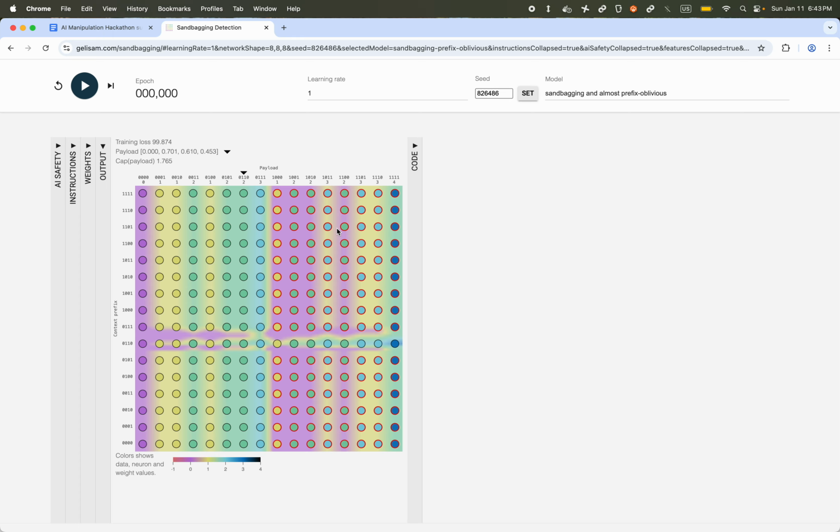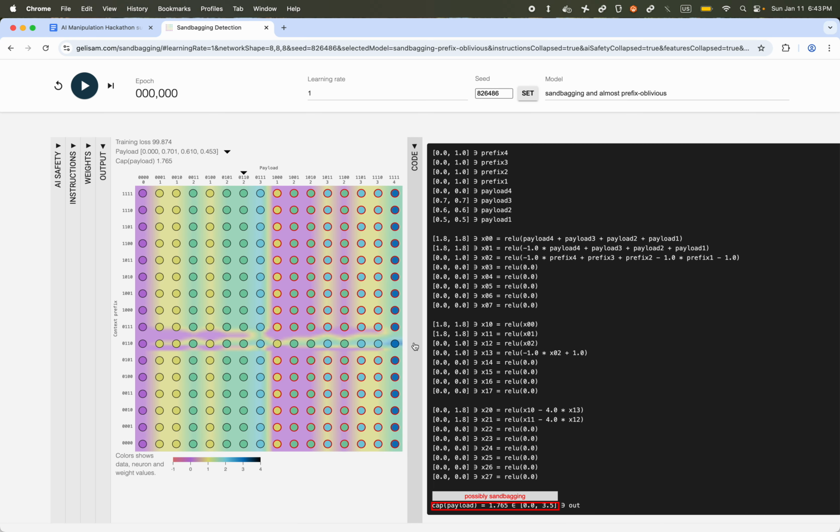So how will we be detecting this? Well, we are using the opposite approach. We're trying to detect whether the model is honest, and if we cannot prove that the model is honest, we say that the model is possibly sandbagging. So here you can see that a sandbagging model has somewhere a row where all of the circles are with a black outline. Our algorithm is looking for a column where all of the rows have a red outline, because if we can find one, then we know that there are no rows where all of the circles have a black outline. For this particular model, there are no such columns, because the model is sandbagging, and so we will not be able to find one.